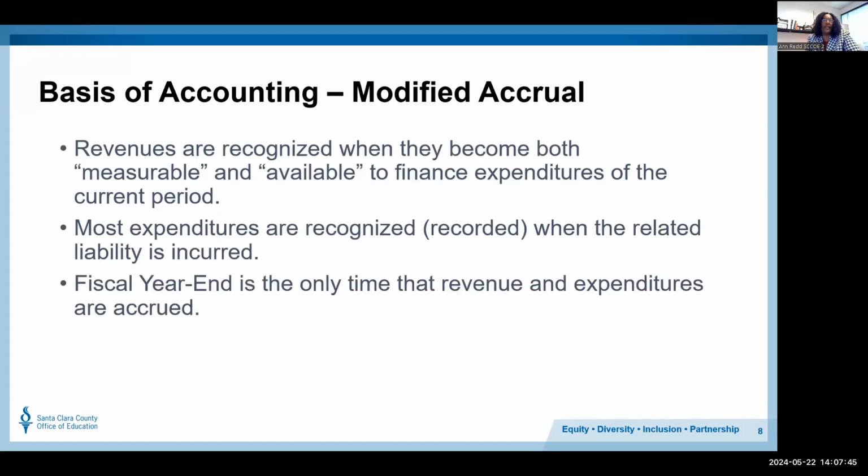On the next slide, we use the basis of accounting, the modified accrual method, whereby revenues are recognized when they become both measurable and available to finance expenditures of the current period. Most expenditures are recorded when the related liability is incurred, and fiscal year end is the only time that revenues and expenditures are accrued.